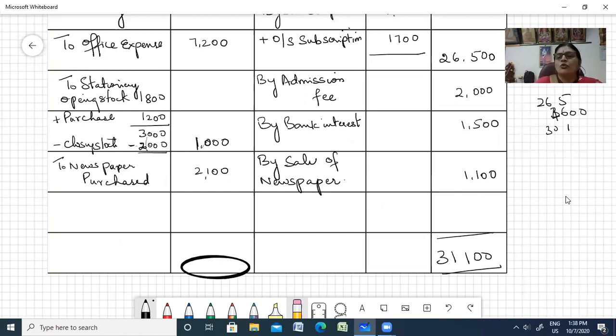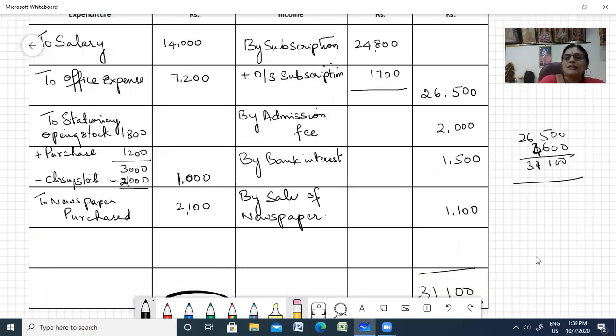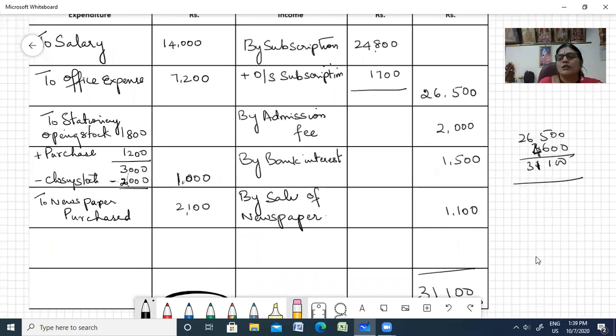So 3,000, 4,000, 4,600 plus 26,500. So 31,100. Right. Now next you have your expenses side. Let us add and see what is the total. 21,200, then 3,100, so 24,300. So minus